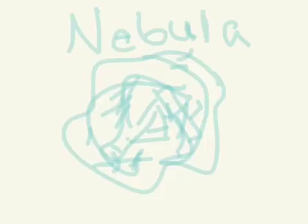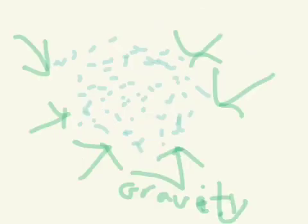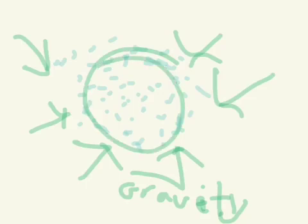Our sun starts as just gas and dust spread all over the place. So gravity pulls it all together, and it forms a nebula like everything else. Now, as gravity keeps pulling the nebula together, the hydrogen atoms that make up this whole entire gas and dust and everything like that